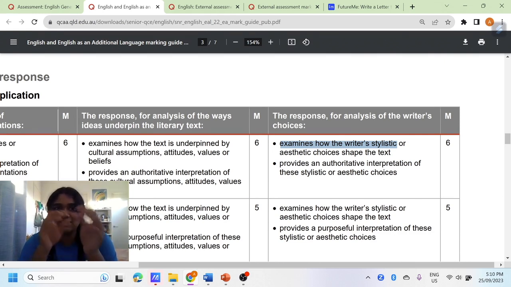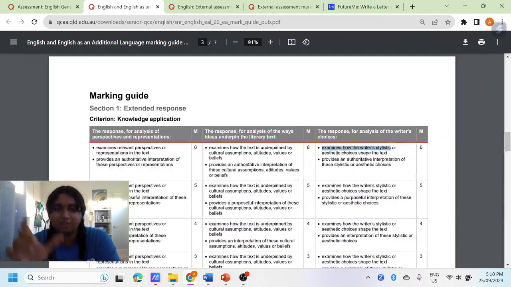Stylistic devices are basically all of the things that make up the writer's style of the writing, or things that the author has used to literally write the document. So things like characterization, juxtaposition, they're all stylistic devices,